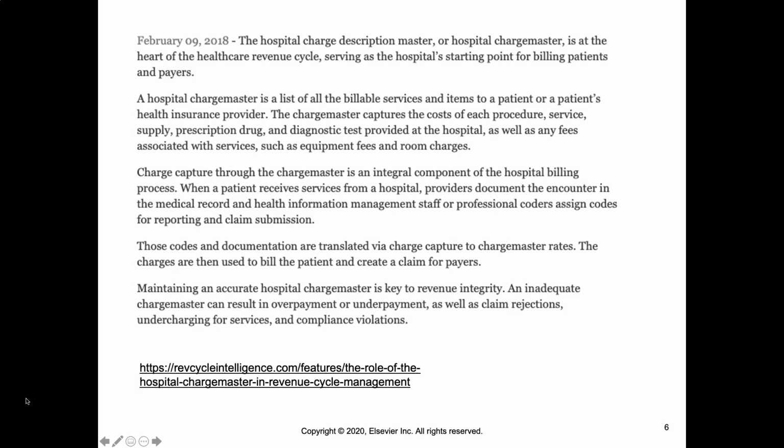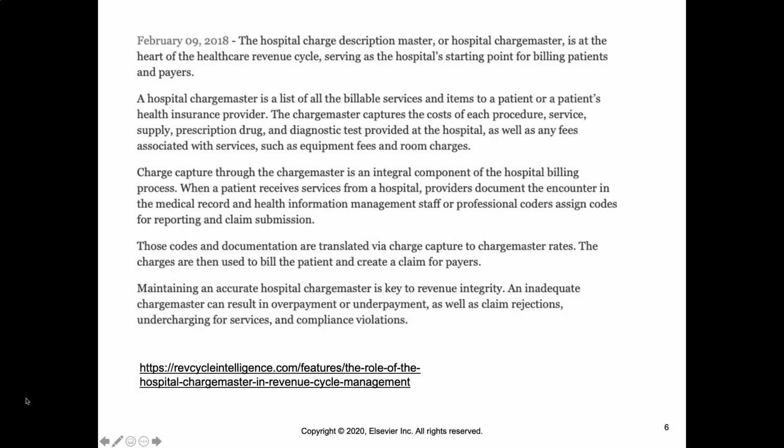Charge capture happens through the charge master as an integral component of the hospital's billing process. So when a patient receives services from a hospital, providers document the encounter in the medical record, and the health information management staff or professional coders then assign codes for reporting and claim submission. And sometimes,